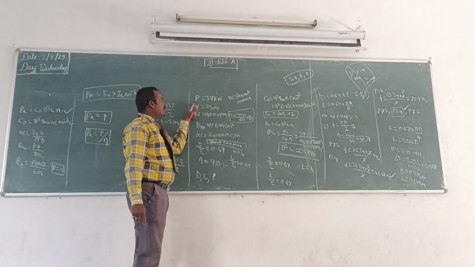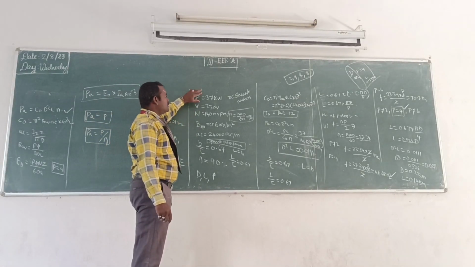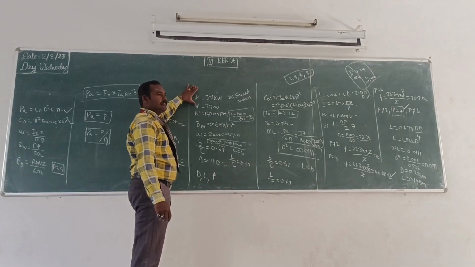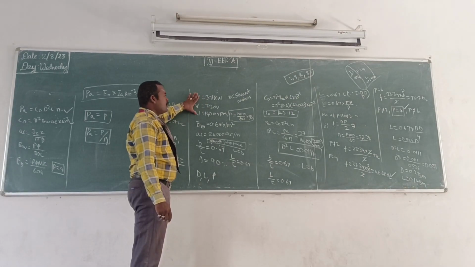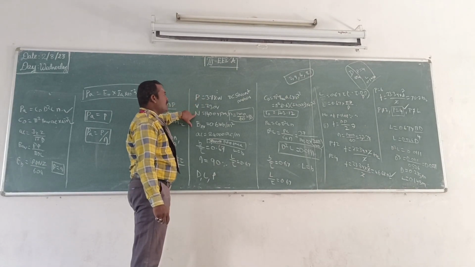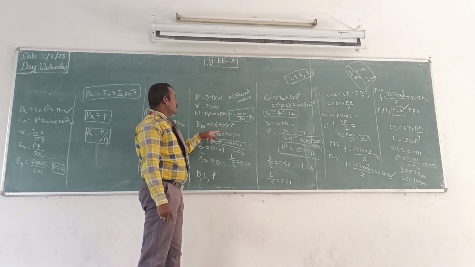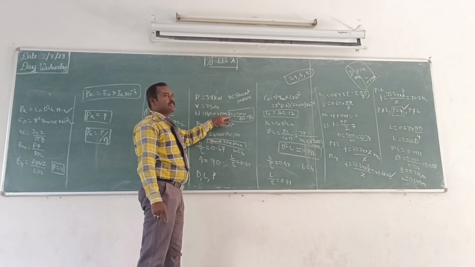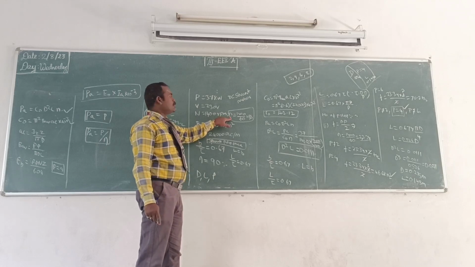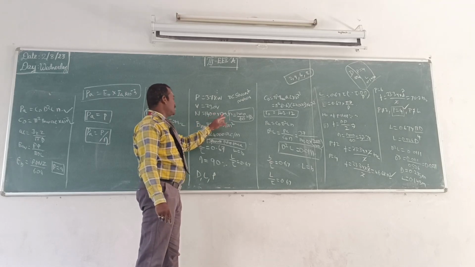So this was the given data. The power rating of the machine is 37 kilowatts, and the voltage and the speed of 1400 RPM are given, and they are asking you to design the DC shunt motor. Then you can convert, because in our output equation we are using the speed in RPS, so you can convert from RPM to RPS here itself.